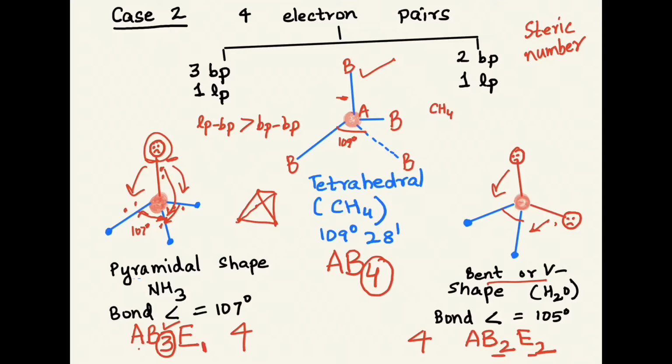The number of electron pairs in each one of them is the same. By the way, if you study them in terms of hybridization also, all 3 of them undergo sp3 hybridization. But each of them has a different shape: tetrahedral, pyramidal, bent or V shape. Tetrahedral: methane, carbon tetrachloride, all these are examples of tetrahedral molecules. Pyramidal, like ammonia. Bent or V shape, like water. Now you'll come across many examples like that.